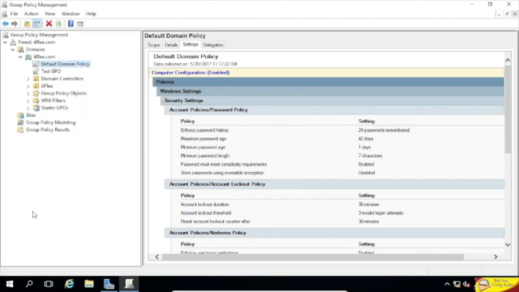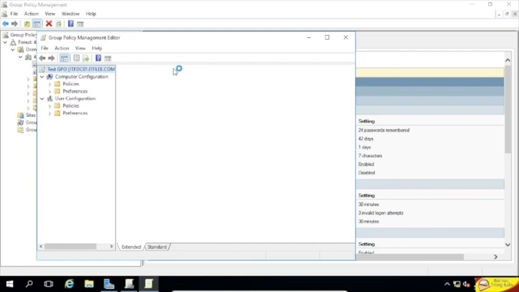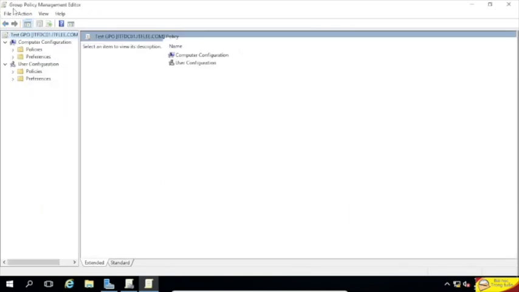Okay. So now you understand how to link GPOs, delete links, create them. Let's learn more about the settings that are inside of a GPO. Let's right click on our test GPO and choose edit. Now the group policy management editor will appear, and this is where you can make your configuration changes to your